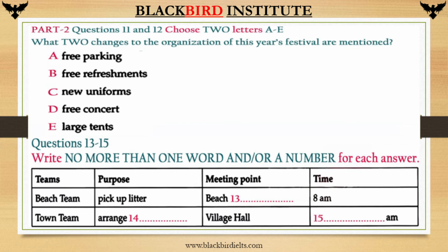Right now, we are going to divide into 4 teams. The first one, the beach team, will be responsible for cleaning up the beach on the Saturday morning, picking up litter, bottles, plastic bags, wood, and anything else that's lying around. Everyone is meeting at the beach shop at 8 a.m. It's an early start, but we want to give everywhere a good thorough clean. We have had permission from the council to close the beach to get it ready for the anniversary celebration on